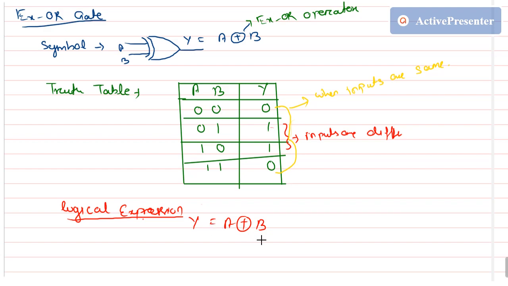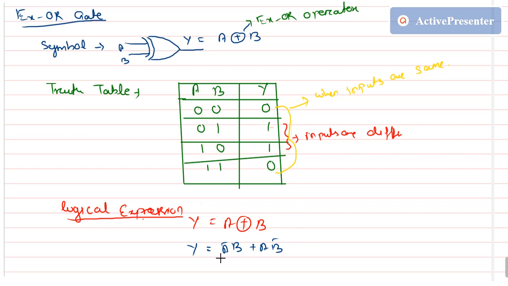Now the problem is how will you know how to implement this gate? So there is a specific thing we can write. Actually it is derived from the truth table, but I am directly writing it here. How to derive an expression from a truth table, we will learn later. So y is equal to A bar B plus A B bar. If you perform this operation, whatever value you put for A and B, you will get the result as this truth table. Okay.